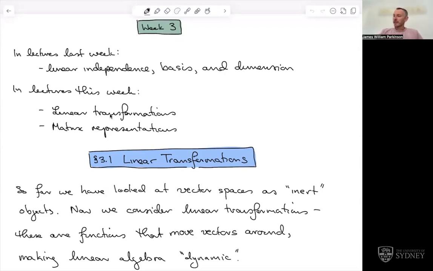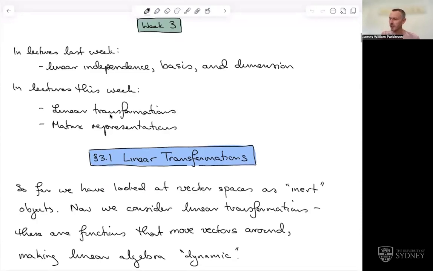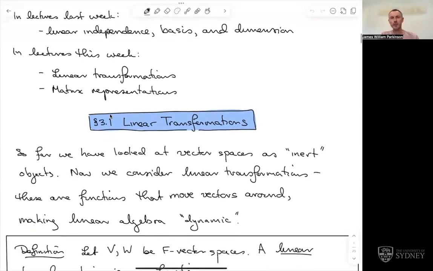Okay, so where were we? Last week we were looking at linear independence, basis, and dimension. In particular, we showed that every finitely generated vector space has a basis, and moreover, every basis of such a space has the same number of elements. That leads to the notion of dimension, which is really the single most important numerical statistic for a vector space. In lectures this week, we'll start looking at linear transformations, and that'll lead us into matrix representations of